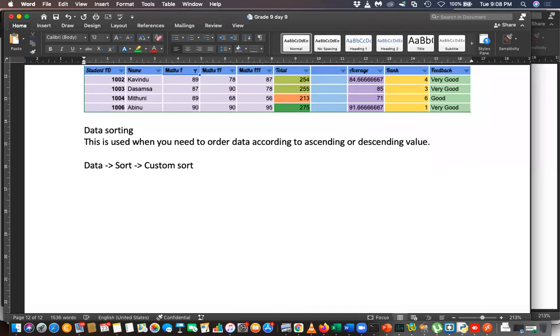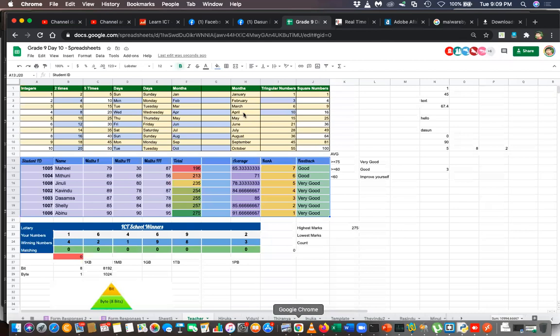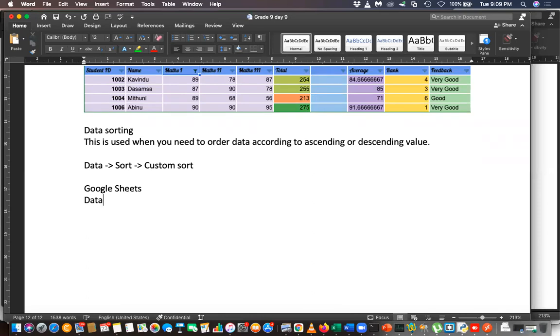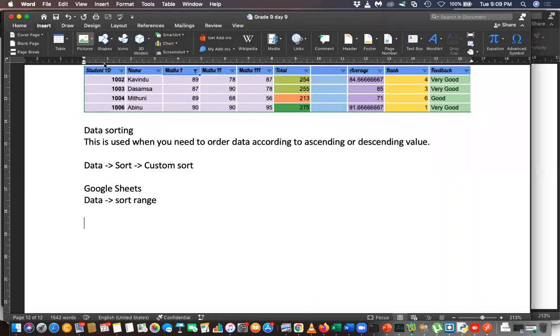Or, in Google Sheets, you have to go to the data menu, sort range. Data menu, sort range. Then after going to the particular one, you can select the sort order as given below.